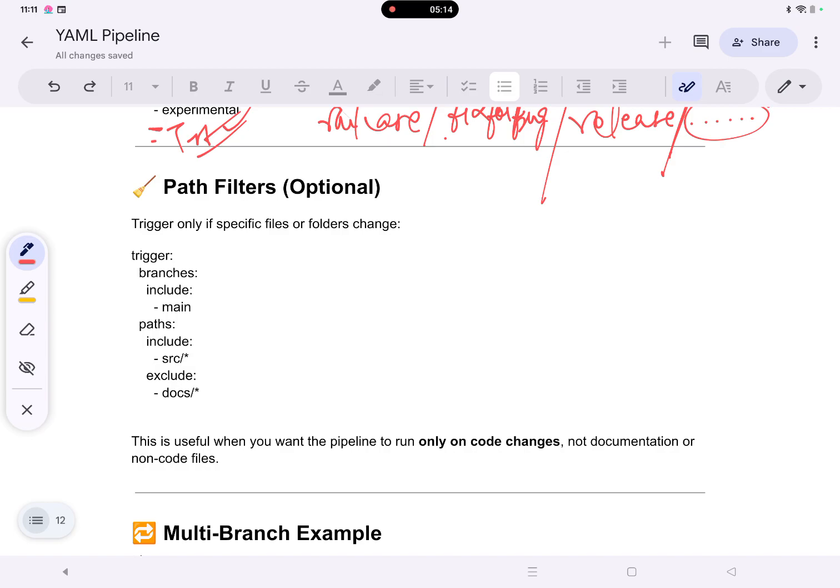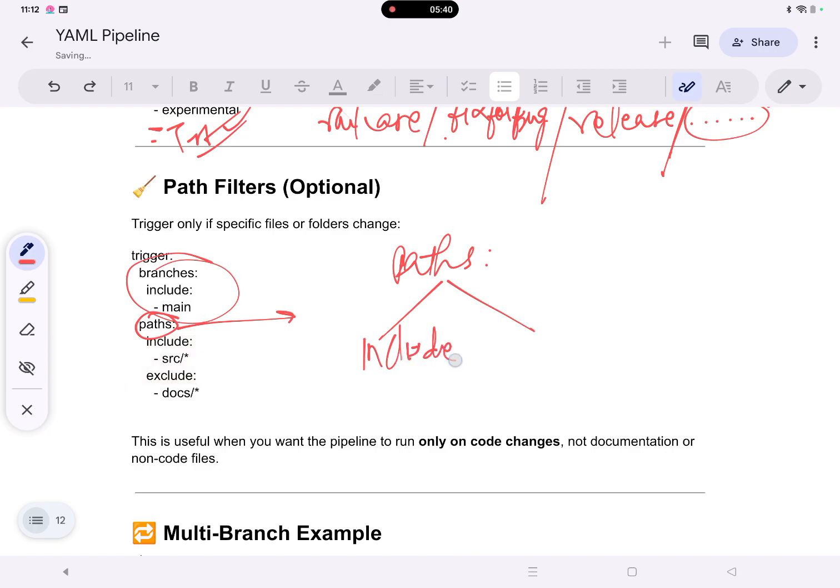Coming next, what is path filter? Path filter is nothing but the way we have included and excluded the master and branches, right? You can also build based on the path. This is important. So let's say again paths, paths is divided into two parts, same like branches, include and exclude,